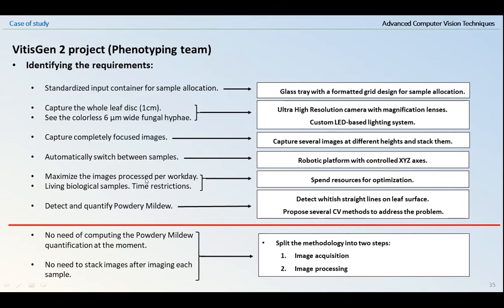The maximization of the samples processed per workday is important because we are dealing with biological samples which are time sensitive. They cannot stay eternally in that robot being imaged. So we have to speed it up as much as possible. So we had to spend resources on optimization, and of course, the final requirement was the detection of the powdery mildew, which we first proposed to detect as white straight lines on the leaf surface,